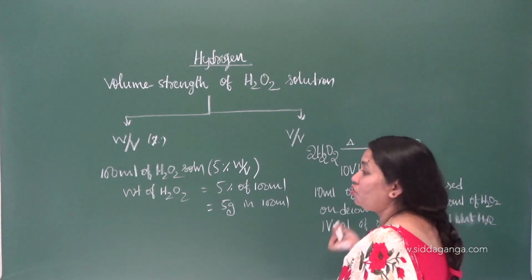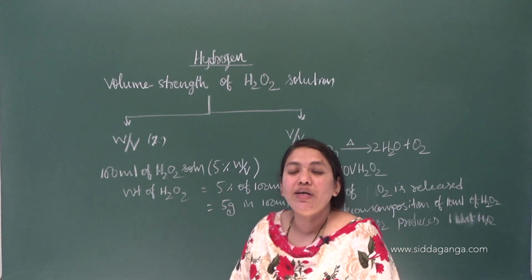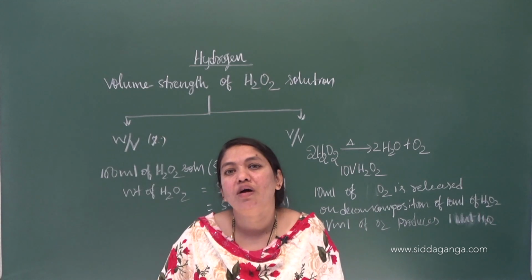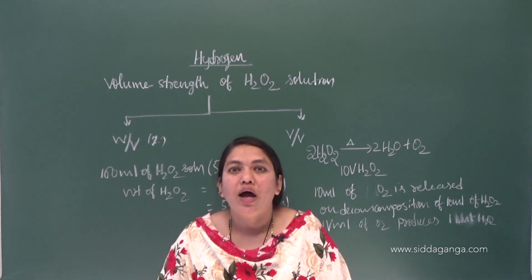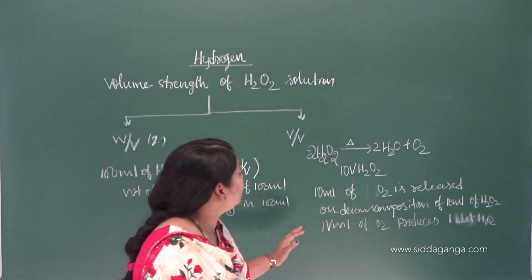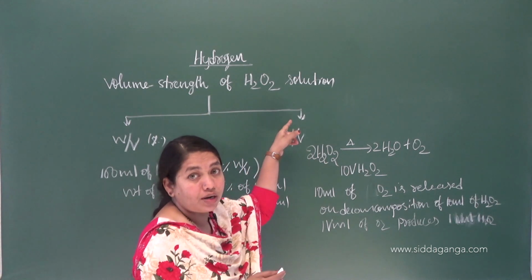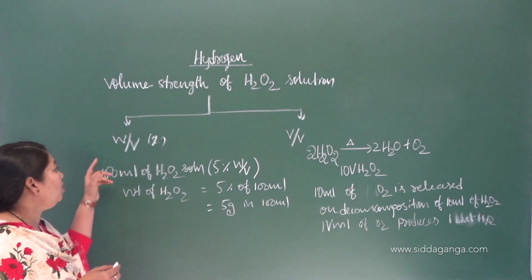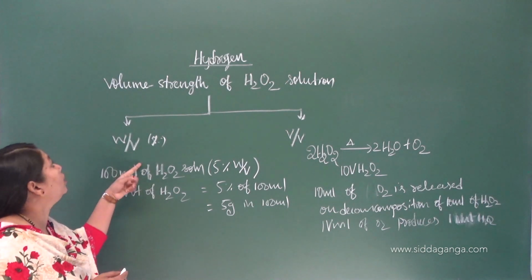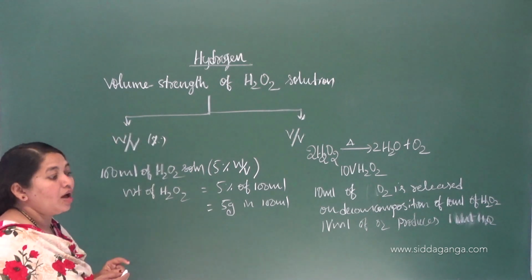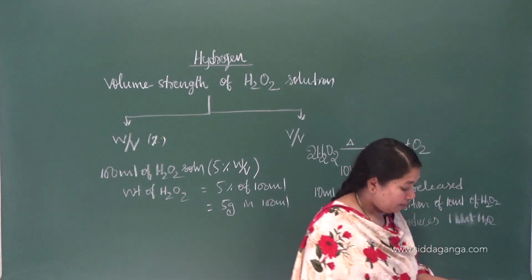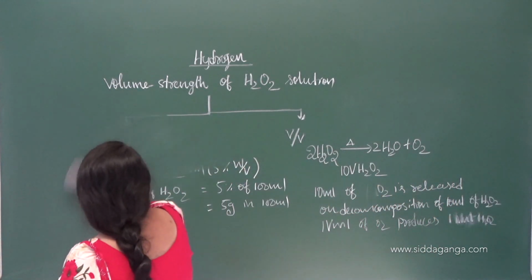Likewise, if it is 20 V, that is 20 ml of oxygen produced from the decomposition of 20 ml of hydrogen peroxide. That is, by having the volume to volume ratio, you can find out the volume strength of hydrogen peroxide, or else you can go for the weight by volume concentration, and by having weight by volume, you can find out the volume strength of hydrogen peroxide. Okay, so let us have some calculations, thereby you can easily understand what I am explaining here.